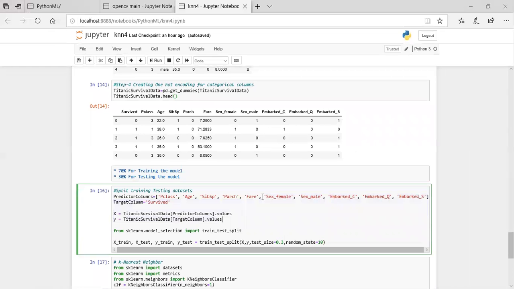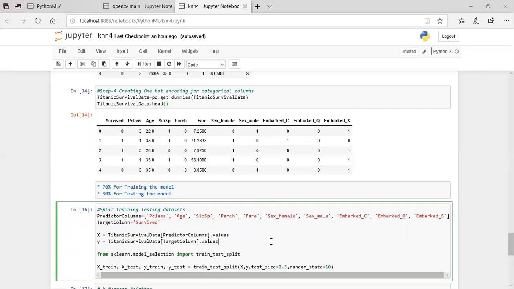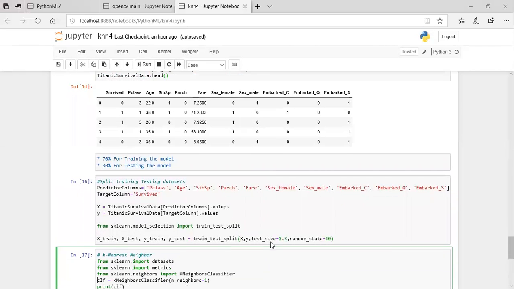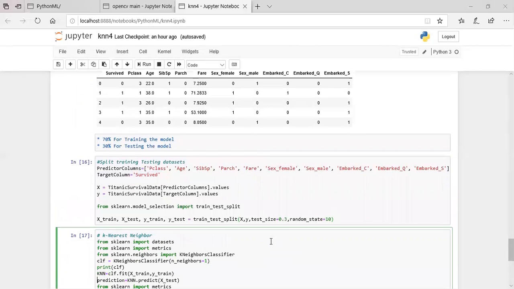From sklearn model selection, we import the train_test_split function and create another 4 objects: x_train, x_test, y_train, y_test. From sklearn, we create a KNN model: from sklearn import datasets, from sklearn import metrics, from sklearn.neighbors import KNeighborsClassifier.